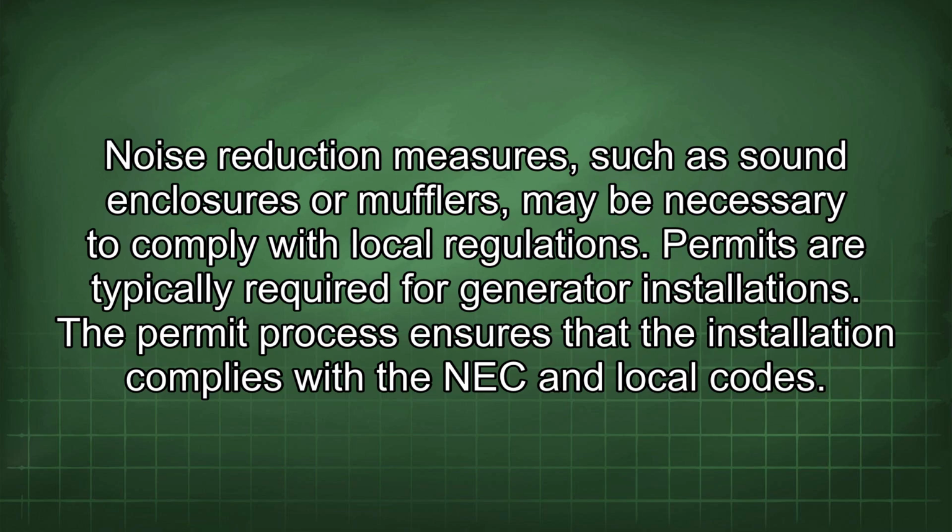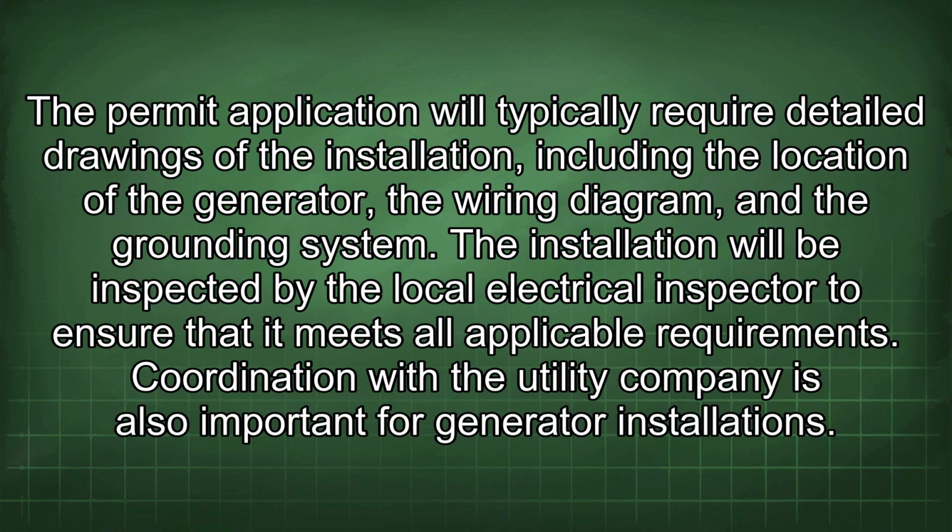Permits are typically required for generator installations. The permit process ensures that the installation complies with the NEC and local codes. The permit application will typically require detailed drawings of the installation, including the location of the generator, the wiring diagram, and the grounding system. The installation will be inspected by the local electrical inspector to ensure that it meets all